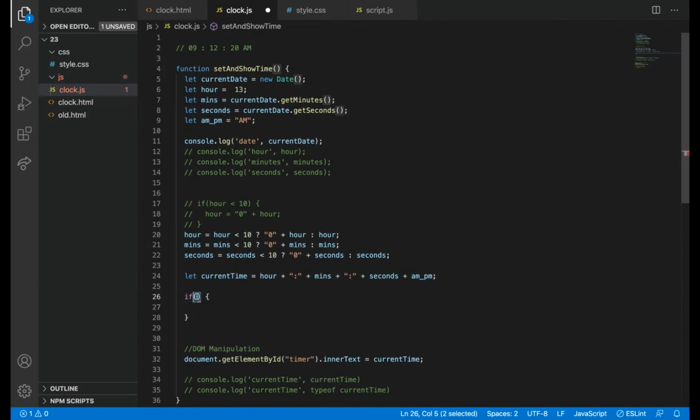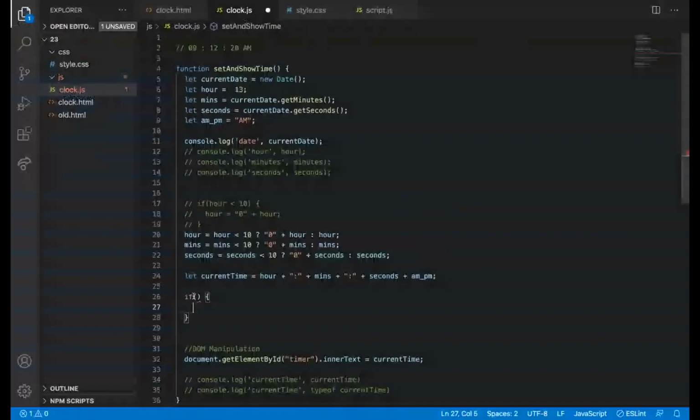After some time I'm going to check one if condition, and inside that I'm going to add some value. So my question here is, I want to check if my value is 13 or 14 or 16 or 17 or 18 or 19 or 20, 21, 22, 23, 24. I want to do some operation.